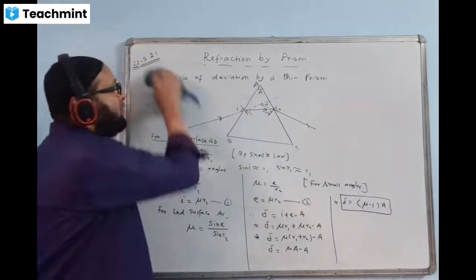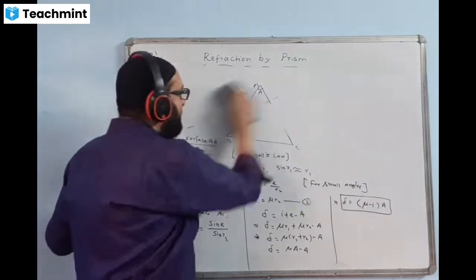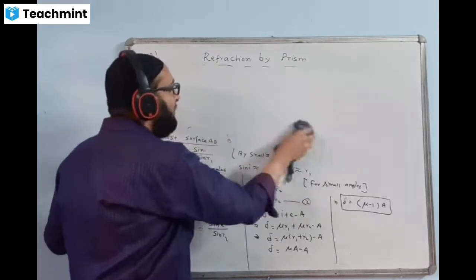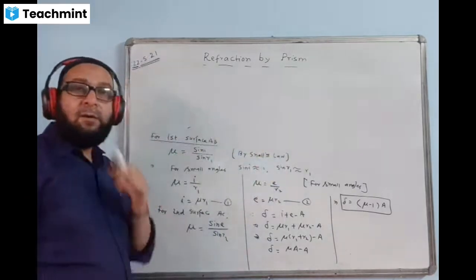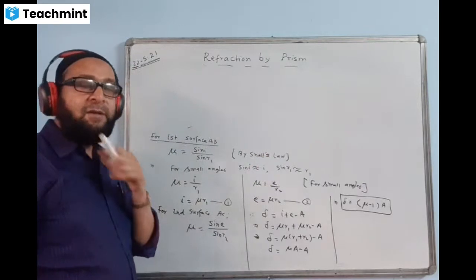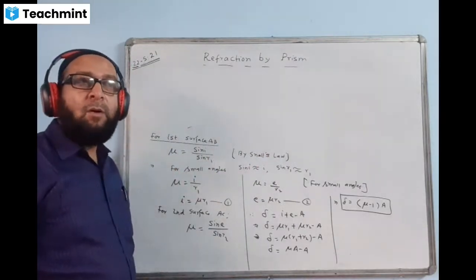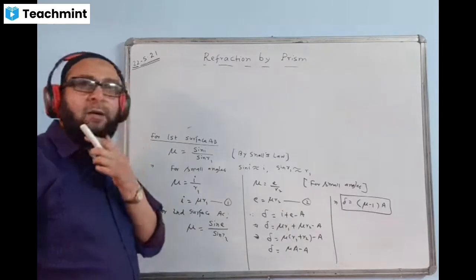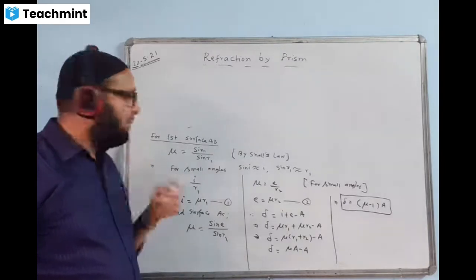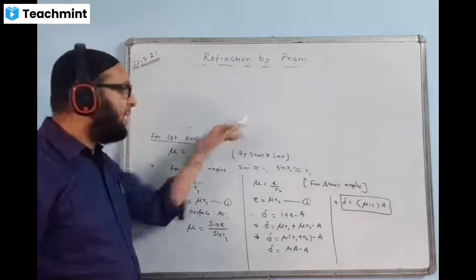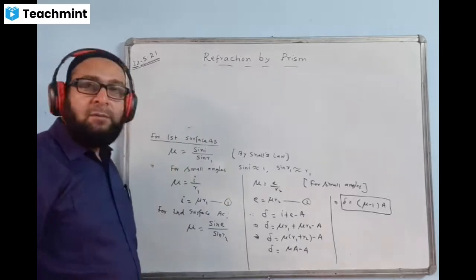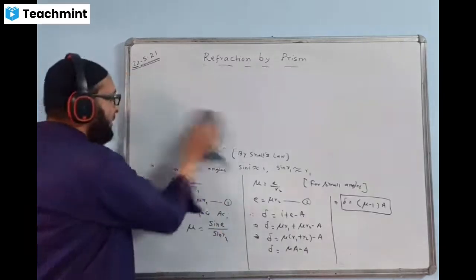So this derivation also may carry 3 marks. But they will mention in the question, find the angle of deviation, or the formula or expression for the angle of deviation by a thin prism. They will mention the word thin prism, or they will say for a small angle of incidence. So we'll do that. Draw this diagram and then do. Question is of 3 marks. All right.